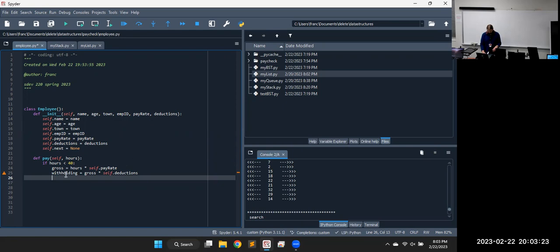Gross minus withholding, and that'll give us our net pay. And we'll calculate that in a moment, because that's what we actually want to return. But we want to do it more organized. Else,